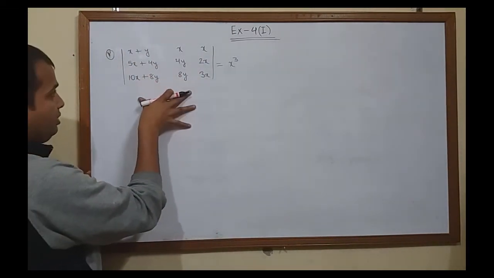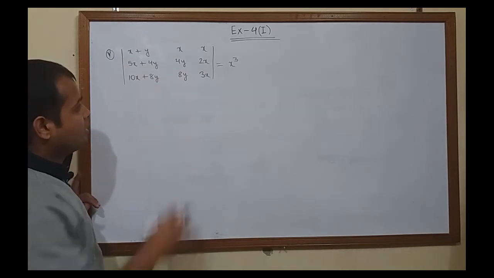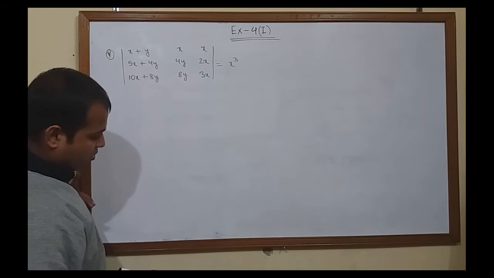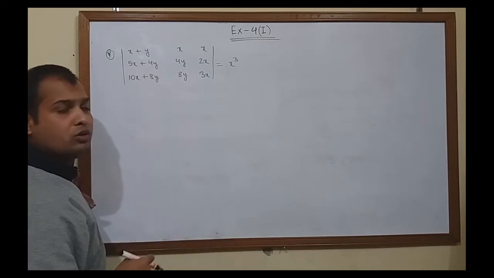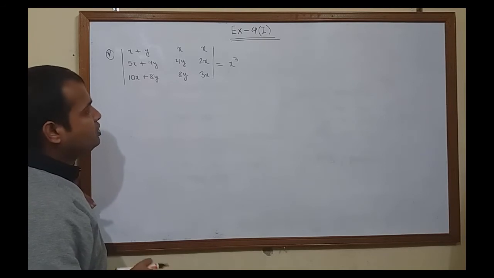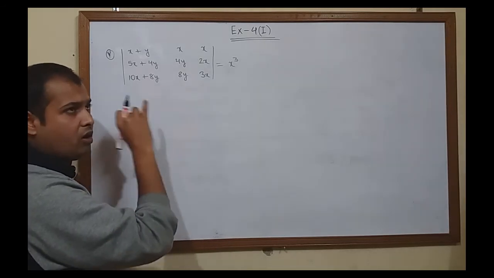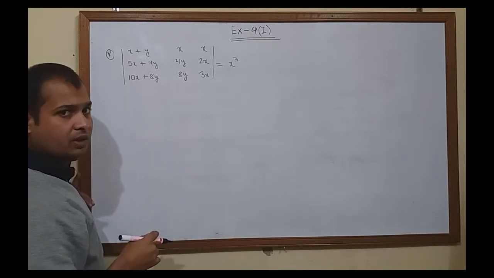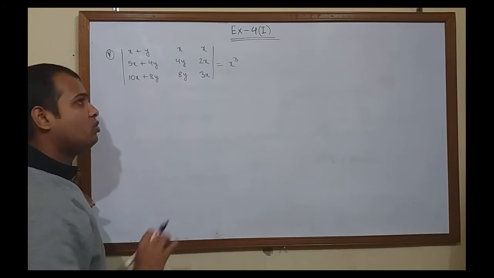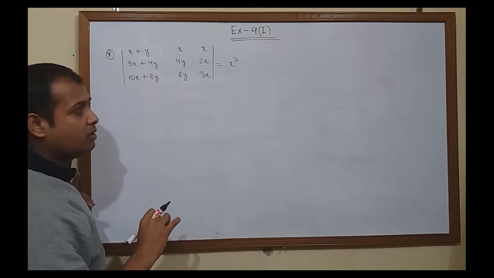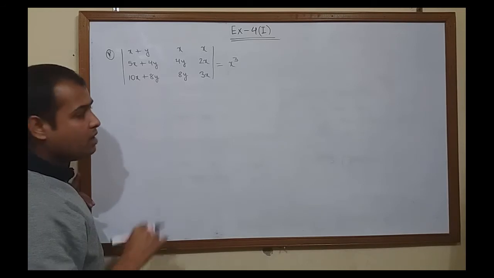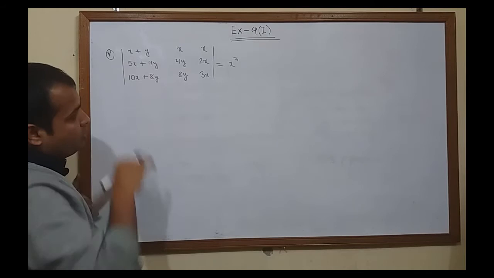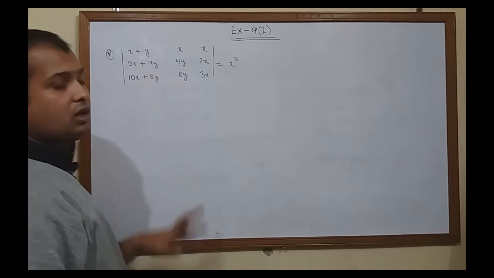We have to show that this determinant is equal to x cube. I have taught you how to find the determinant, but here we are not supposed to expand along any column or row in order to find it. We will expand only at the end, when you cannot use any more properties to simplify it; otherwise we will get the value straight. So here we'll try to simplify this using the properties.